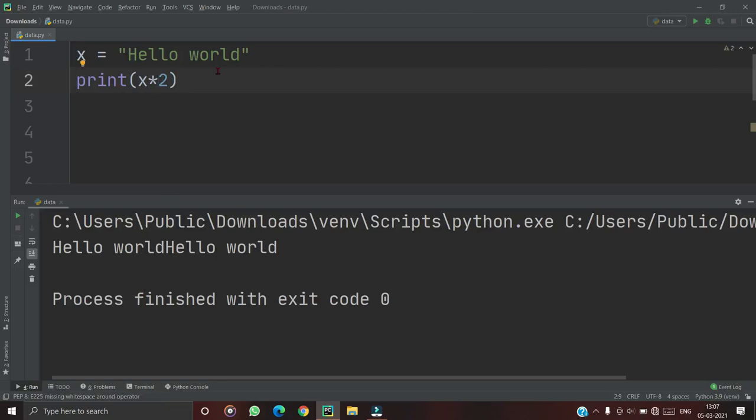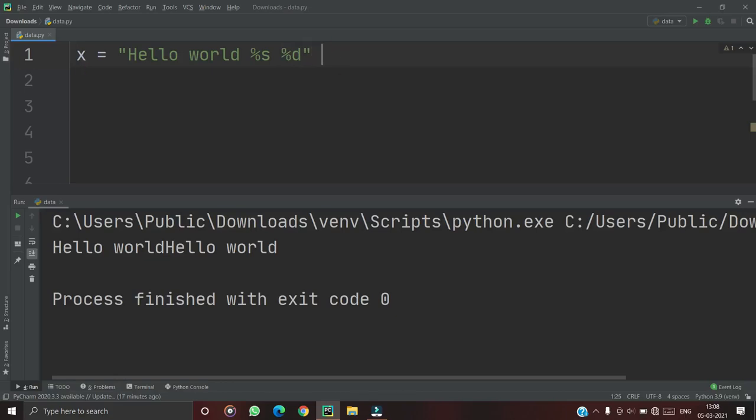If you want to format the strings, suppose you want to print hello world today, and you want to print any number after that. How can you do that? You need to write hello world today. For today you need to add percentage s, and for any number you have to add percentage d, small d.